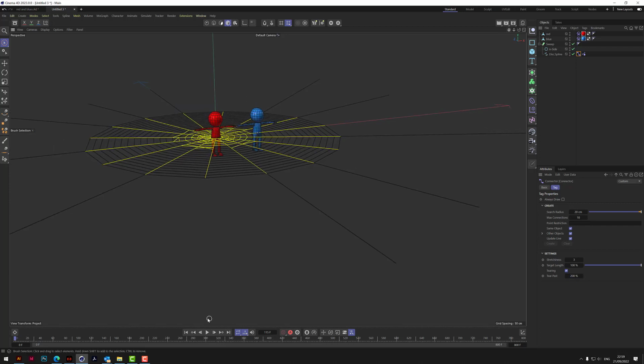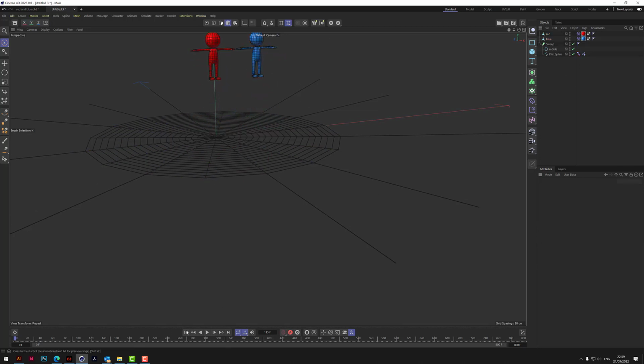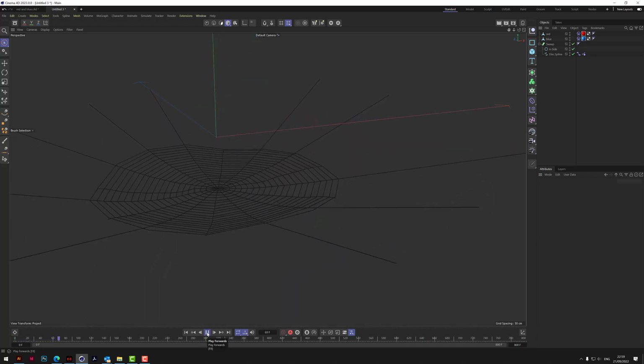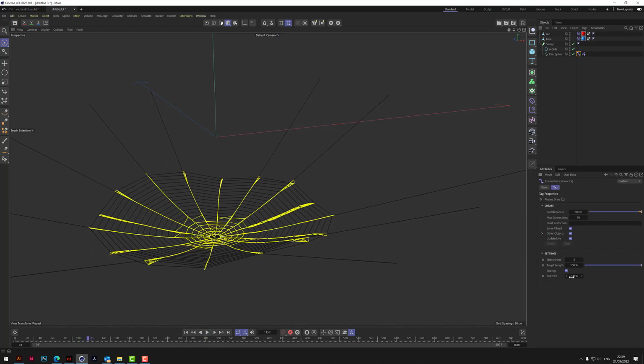I think this is right. Let's just lift our characters up. They seem to be interacting with the web. Let's take them up there, that's it. And now if we press play, as you can see, that web at 200 is not going to tear. It's not going to react. So at 100, it tears completely, breaks up. At 200, it's completely solid. So you need to mess around between 100% and 200% of where this breaking point will be. So if we come right down to say 120,